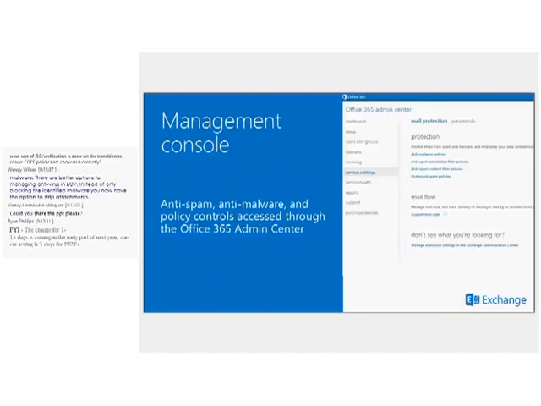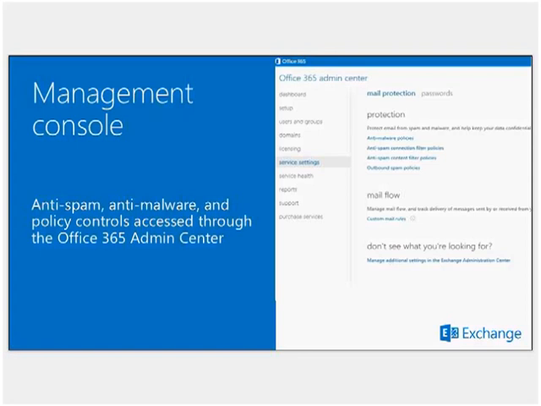I have a small screenshot of what the EOP standalone looks like. Once you have the EOP standalone service, whether you've been upgraded or transitioned over to it, or you've purchased it, you will be presented with the Office 365 Admin Center once you log in. You can go to service settings and access the mail protection policies from there, or you can go to the admin drop down and access the Exchange Online Protection settings explicitly from there. So there are two methods with which you can work with your anti-spam and anti-malware policies.